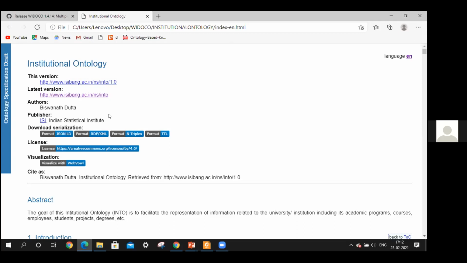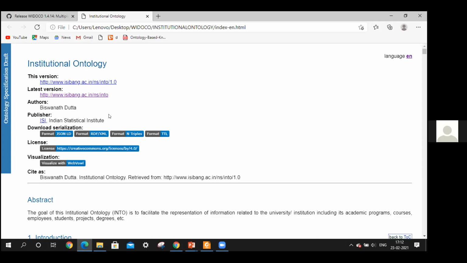These are the different serialization formats for ontology presentation that we already know. Now you see that although we have uploaded only the RDF XML, this tool also generates the other alternative files, so that the ontology will be available in those serialization formats.